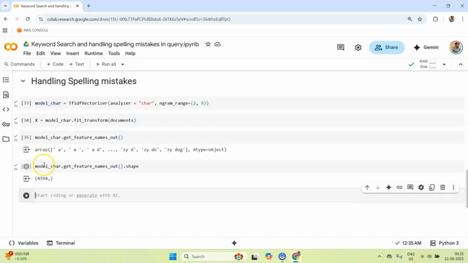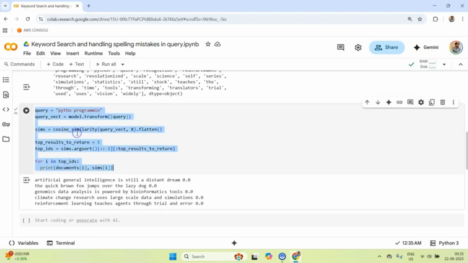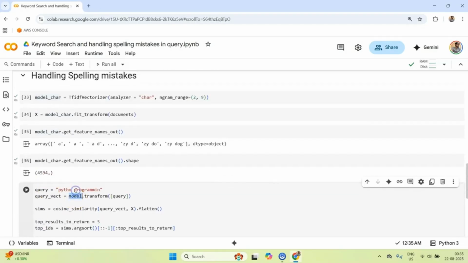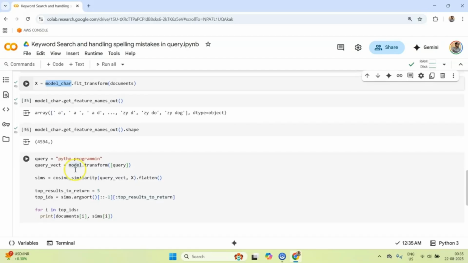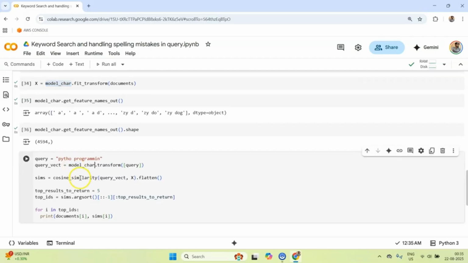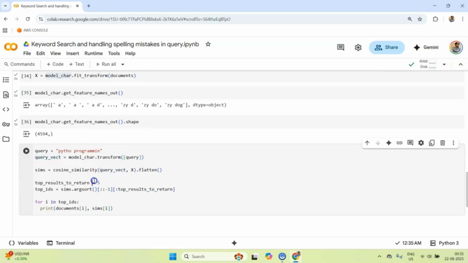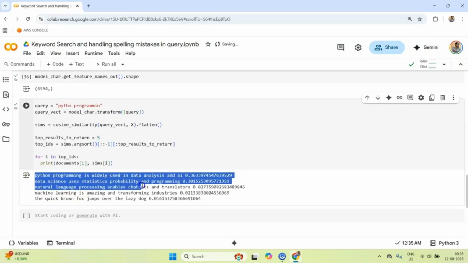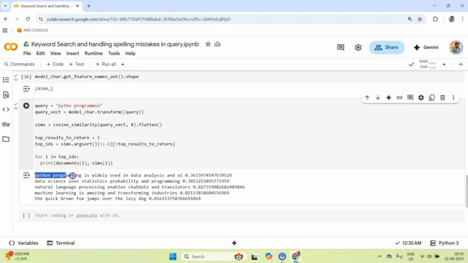Okay, so now let's try handling this query again, but this time, instead of the word model, we will be using the character model. Let me paste it here, and the cosine, the rest of the code I guess will remain the same. Let's run this. You see, immediately we get something interesting. It is able to capture Python programming as well. It is able to capture the second document which has programming. Right now also, it is keyword based, but it is much more sophisticated. It is looking at so many different combinations.